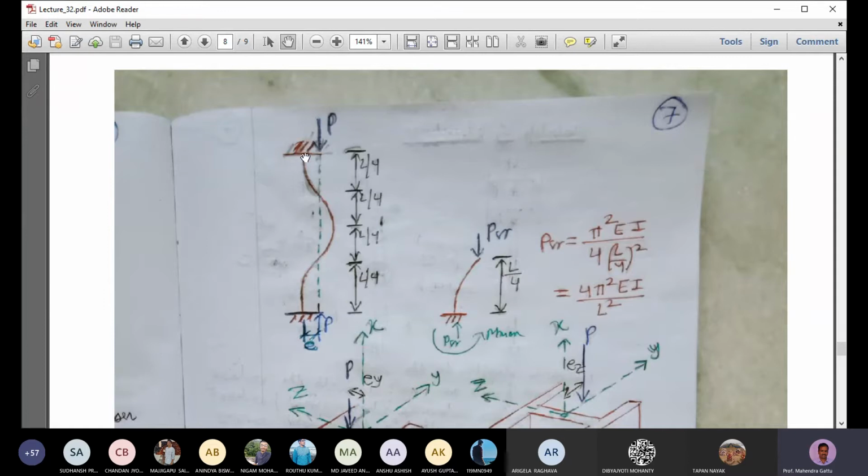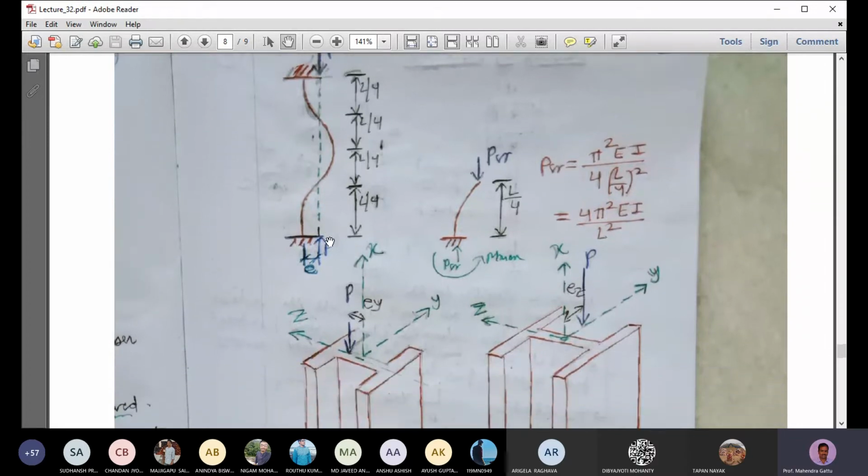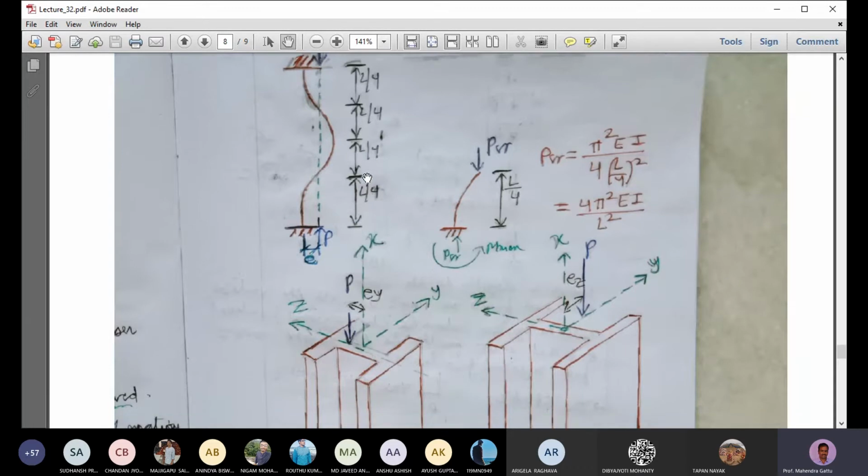So this column will have a higher critical buckling value compared to a simply supported column, that is a pin connection column. Why? Because of these restraints. These restraints will provide some kind of stability to the column, and as a result, the critical buckling load is increased. Again we'll look at this in a different way, from an Euler buckling load perspective, and we'll say that the distance between the two inflection points is the effective length, and we'll solve it in a different way, maybe in this class only, I think.